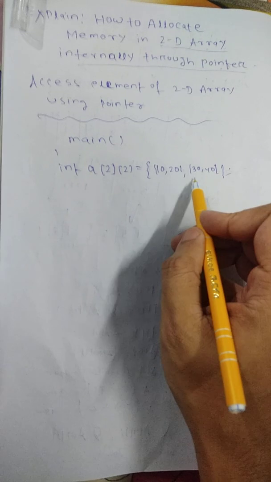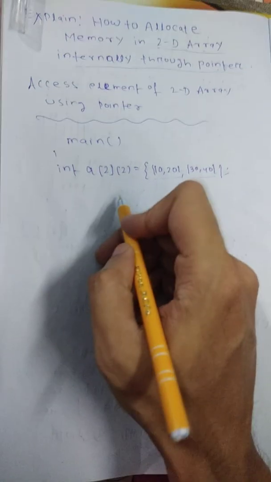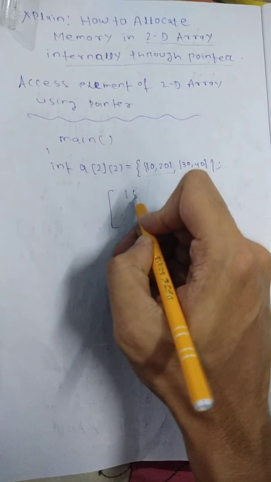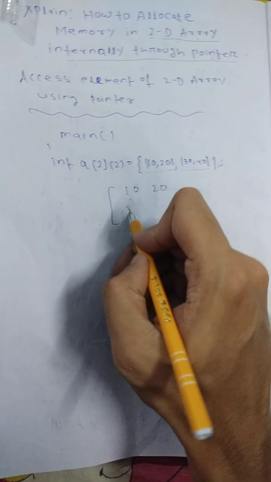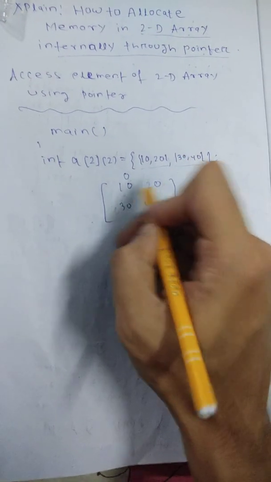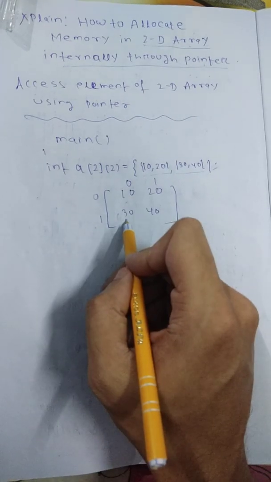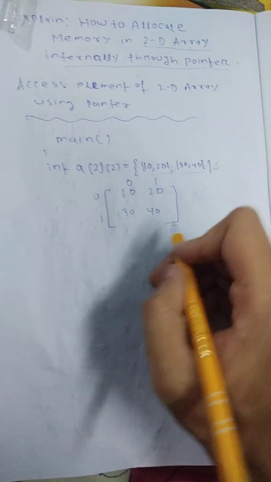After defining this, I directly initialize the first row 10 20, second row 30 40. So the 2D array, the matrix, is 10 20 and 30 40. These are your indexes 0 1, 0 1. So the 0 0 element, then 0 1 element, then 1 0 element, then 1 1 element. This is your 2 cross 2